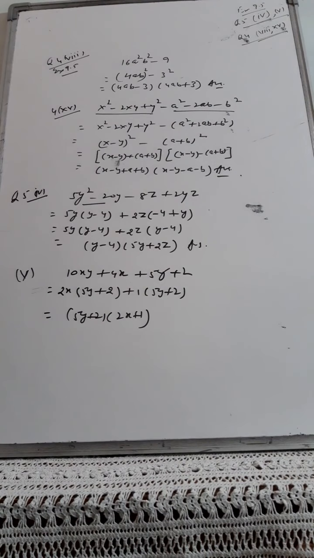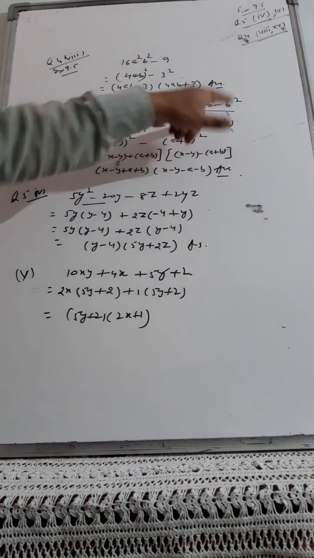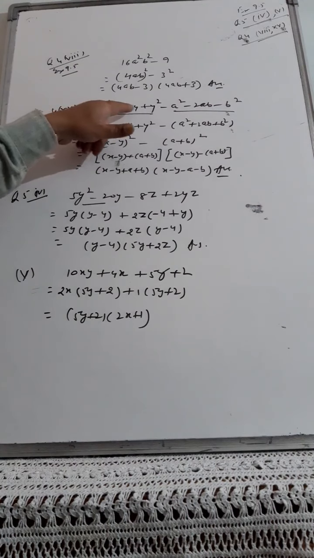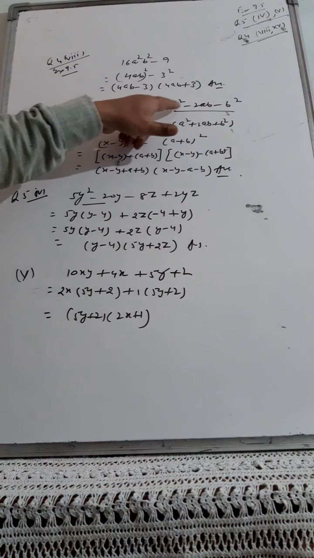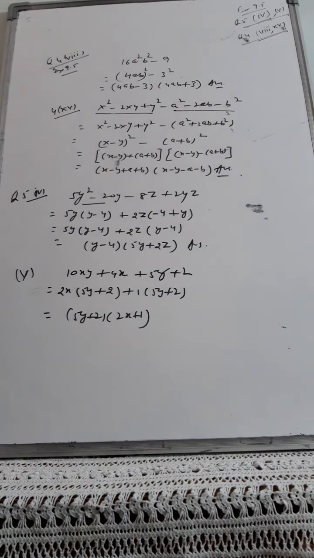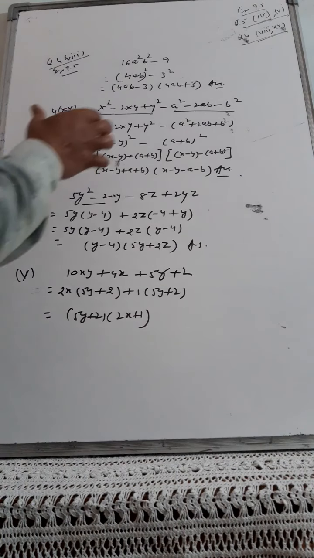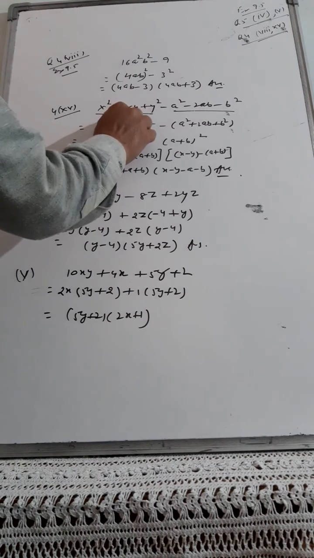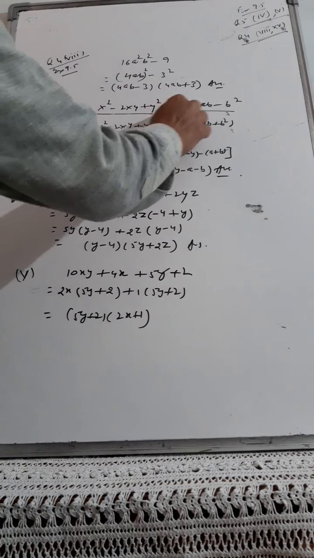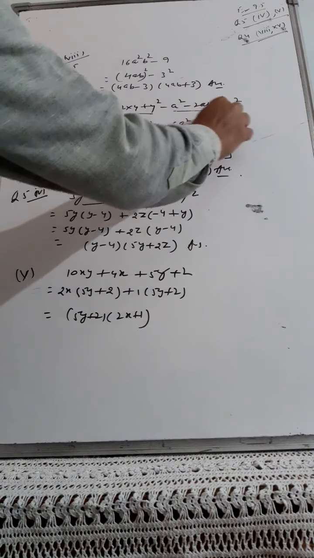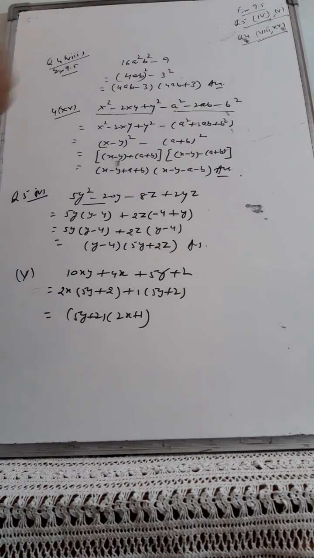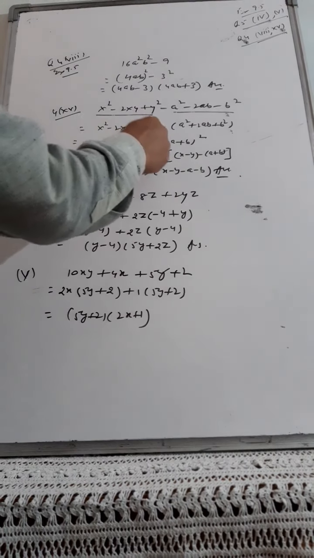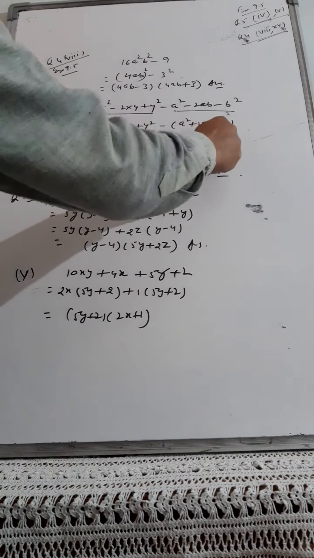Then the 15th part is the question given to you: x square minus 2xy plus y square, then minus a square minus 2ab minus b square. You have to identify that this is the identity we use somewhere, a square plus b square minus 2ab. Again, this is a square, b square and 2ab, but all three are negative. We have not done any identity with all three negative signs. All three positive we did, so we have one scope left with us. That is, if I take minus common, all three will be positive.